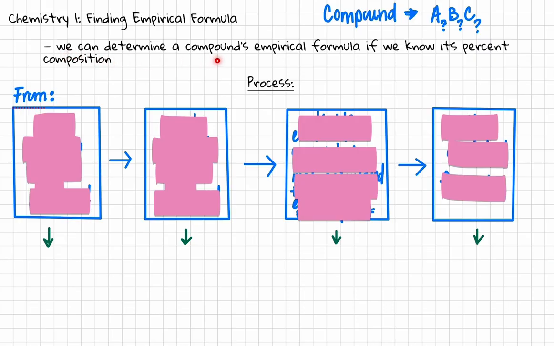We can determine a compound's empirical formula if we know its percent composition. So when we say percent composition, we are talking about what it is composed of element-wise and how much percentage of it is A, how much percentage of it is B, and how much percentage of it is C. So I have out here outlined a process that I find helpful in doing these problems. So the first thing you're going to do is you're going to go from,